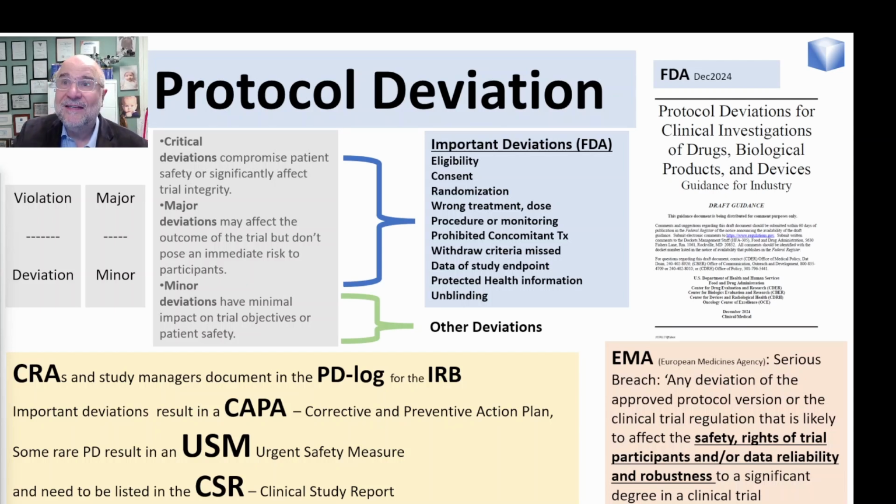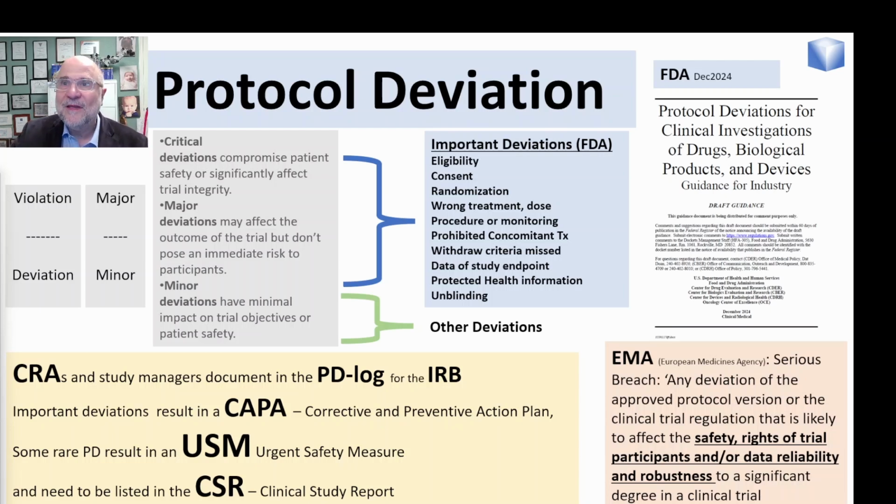Withdrawal criteria missed are listed by the FDA as important deviations. Withdrawal criteria are described in the protocol. Typically, the cancer grows and it is obvious. It's not pseudo-progression, it is really progression. The patient needs to come off, needs to get something else. Or there are severe side effects. The patient needs to come off to protect them from the toxicity of the drug. Or maybe it's not even anything with that patient, but the information from other patients comes in and indicates that something is dangerous or not working, and the study has to stop, and you forget that and you don't do that, and the patient continues to get the drug.